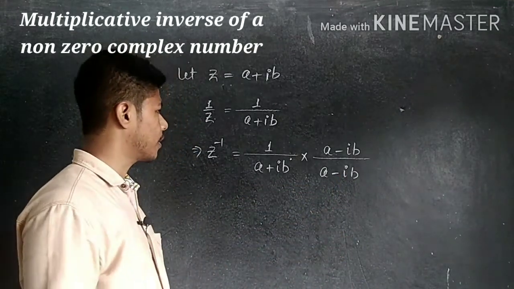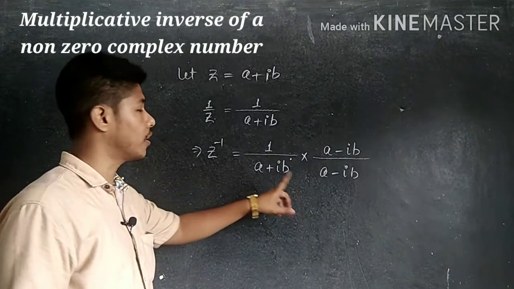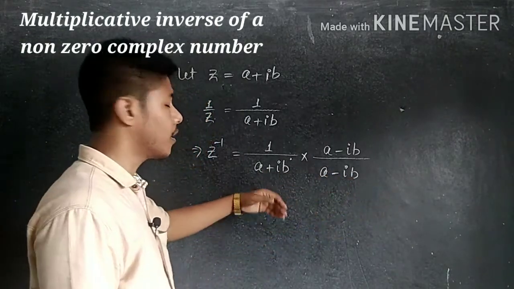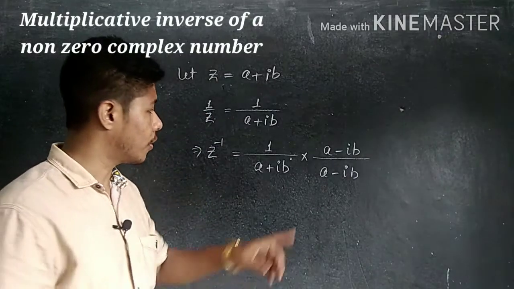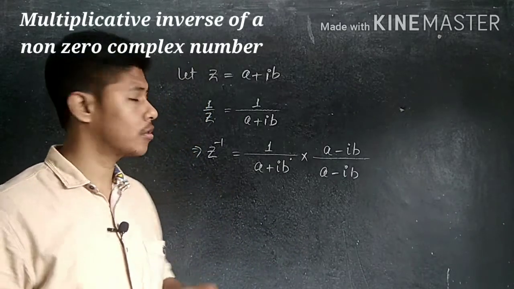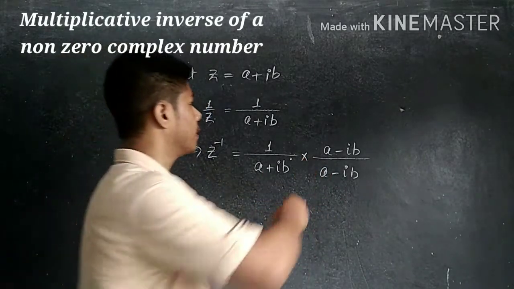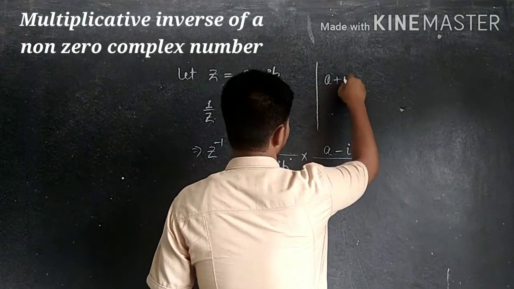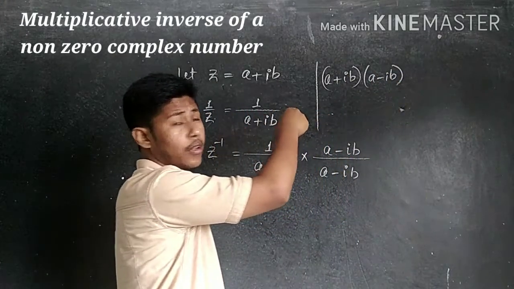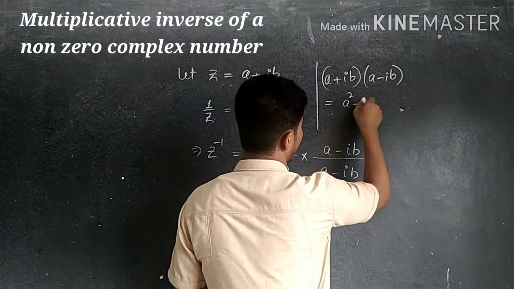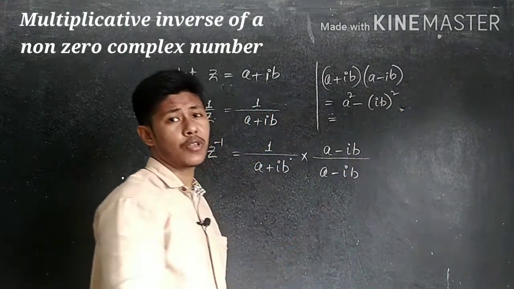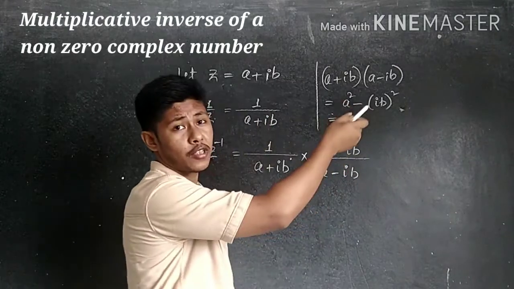Now after multiplying, you see here a plus ib and a minus ib. Easily we can write it is of the form a plus b into a minus b. Is not it? So a plus b into a minus b is of the form a square minus b square. In this case you see i into i, that is i square, is there. In place of i square, what you have to write? Minus 1. So without doing anything we can write the result this way: a plus ib into a minus ib gives a square minus b square, where b means ib whole square. I square means minus 1, so already minus is there. So minus what you have to write?